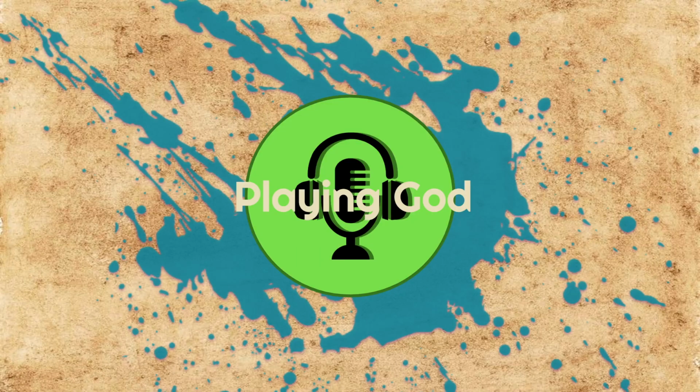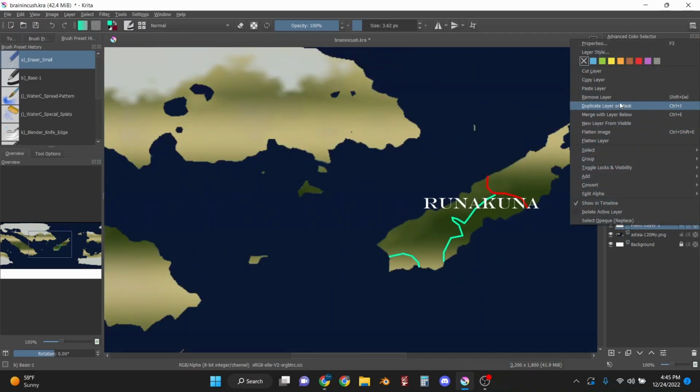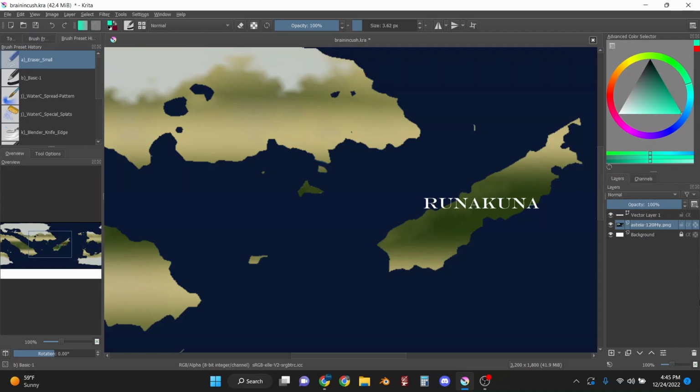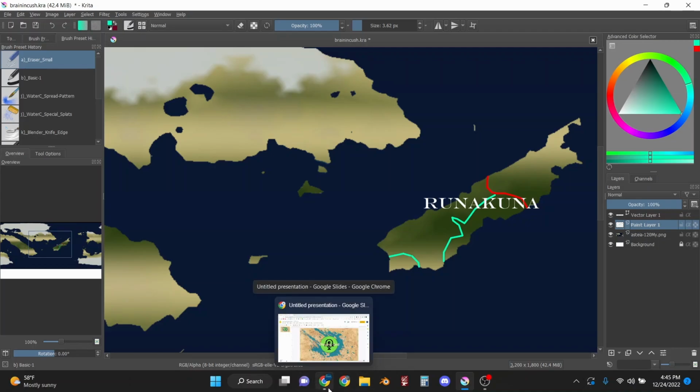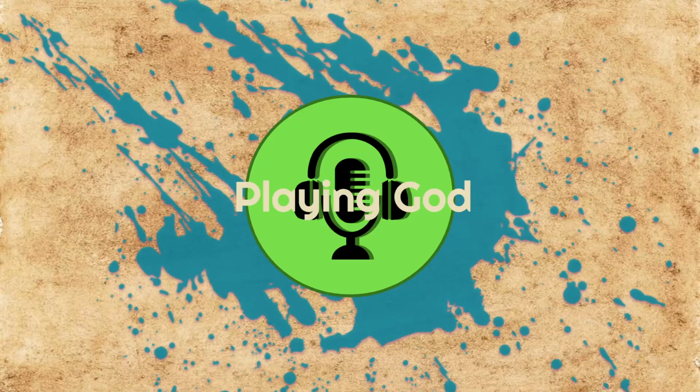Now, returning to the map of our world, we now have biology, we now have names, and we've now covered geography as well. Quickly, before we move on to the next segment, let's create some biology for our world here. Specifically, let's focus on Runakuna, the island. What do you think? What kind of life? Let's make a hypothetical species. What kind of life do you think would dwell here, and why? Give me a second. Was everything saved? No worries.